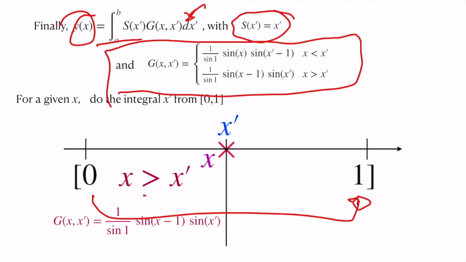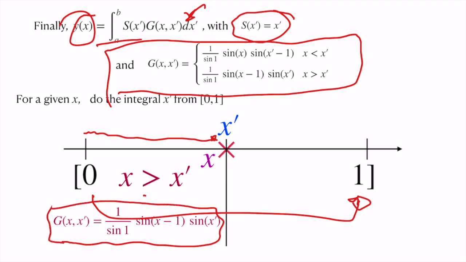What is left to x prime is a right to x and vice versa. So that is what leads to another confusion, which one has to be very clear. That is why I am showing this explicitly. When you go from x prime during this integration from 0 to x, you will have x greater than x prime. So then your Green's function is explicitly given as g of x prime equal to 1 by sine 1 into sine x minus 1 into sine x prime.